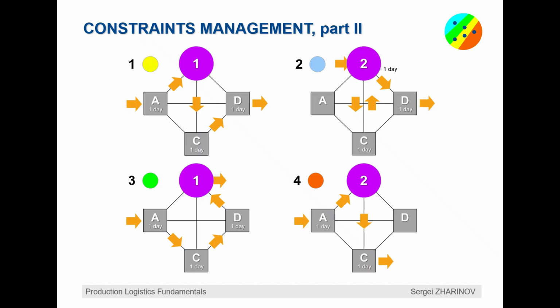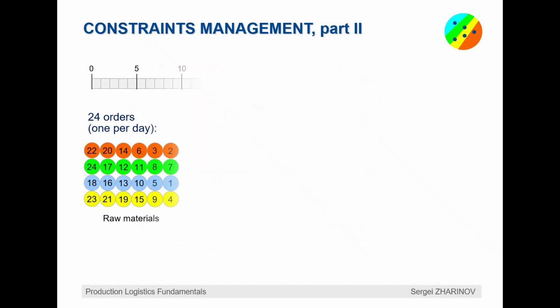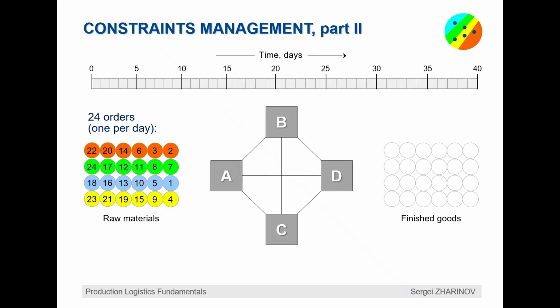We assume that at the beginning of each business day, 1 customer order was placed for only 1 product, and we took 24 orders with 6 products of each type, arriving in a certain random sequence. Raw materials for all products are supposed to be always available, and the system is empty at the beginning of